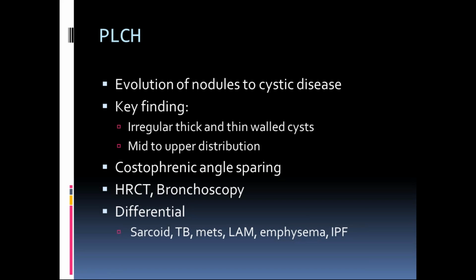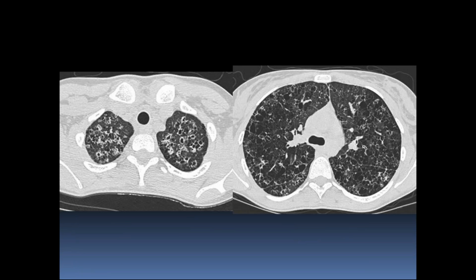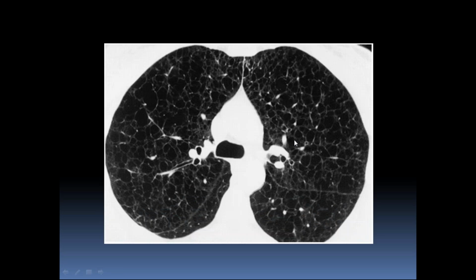So let's contrast that with this. Actually, we'll show you one more picture here. You can see the thick-walled changes, the irregular changes. Here's some thin-walled parts, and it's very irregular. So contrast that with this. You can see that this is a much more uniform distribution. They have a lacy appearance. They're all thin-walled. They can be irregular, but you can see that they're all uniformly lacy in appearance. And this is the